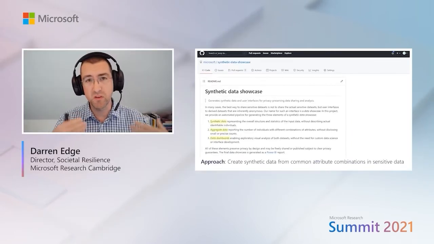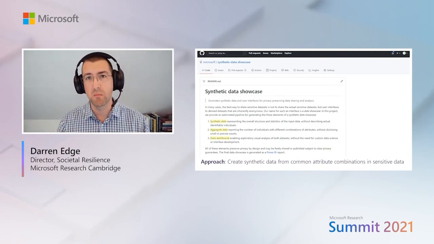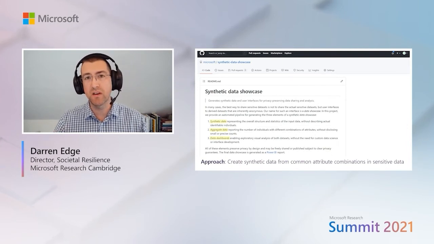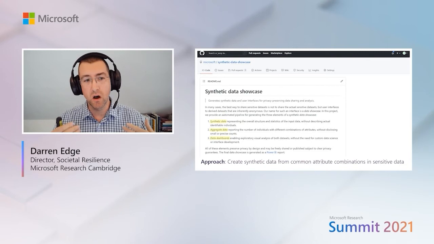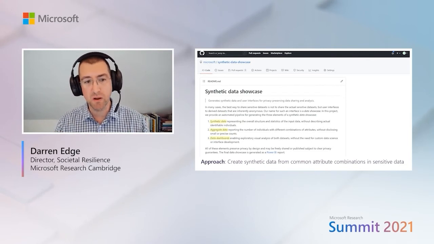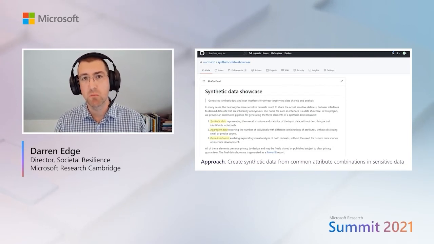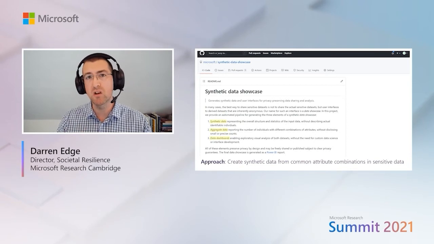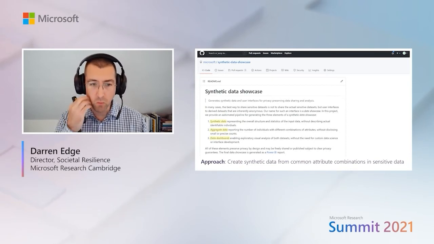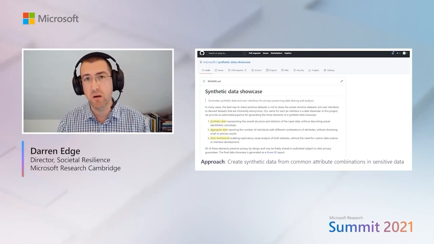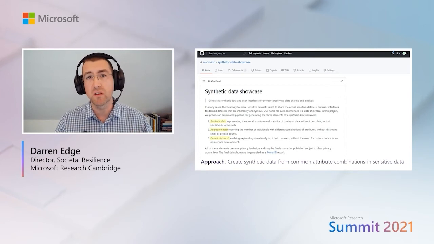Now, if I give you some synthetic data that meets these guarantees, that's great, but you might not believe it when it comes to estimating a count of victims in some particular group that you care about. And that's why, along with synthetic data, this pipeline also generates aggregate data pre-computed from all short combinations of attributes. And we also generate data dashboards in Power BI that allow users to interactively explore and compare these data sets.